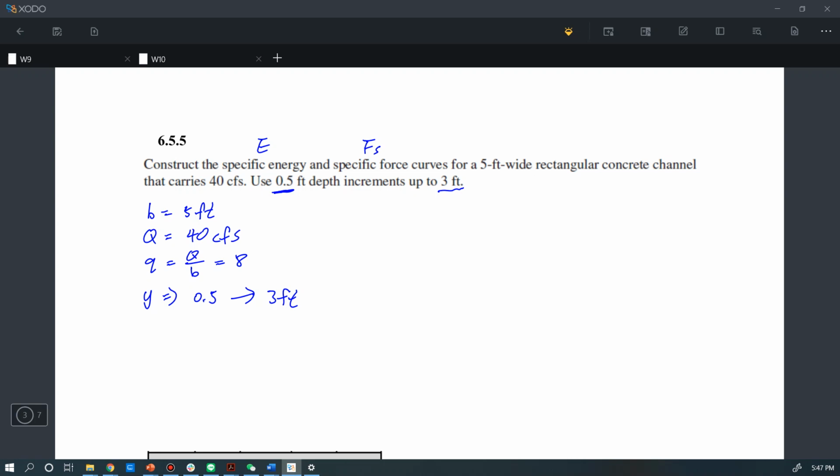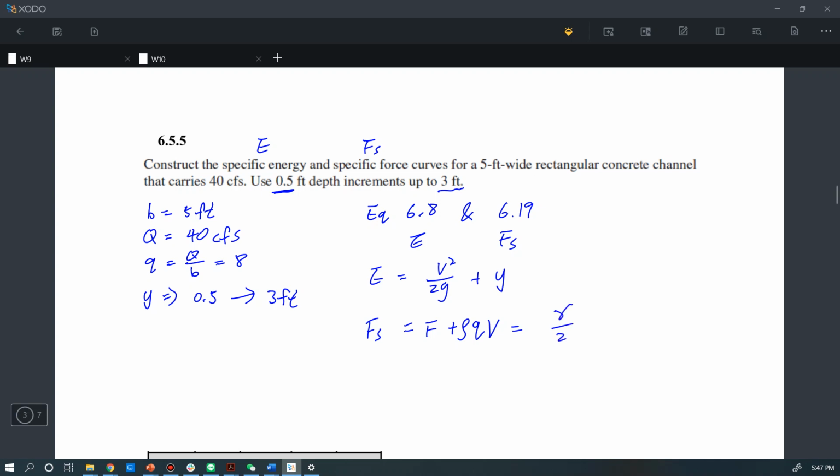So for this question, we will need to apply equations 6.8 and 6.19 from the textbook for the specific energy and the specific force. Okay, let's write down the specific energy equation first. First is the velocity term, then plus y, the water depth. And for the specific force, we have the equation F plus rho QV, and this will equal gamma divided by 2